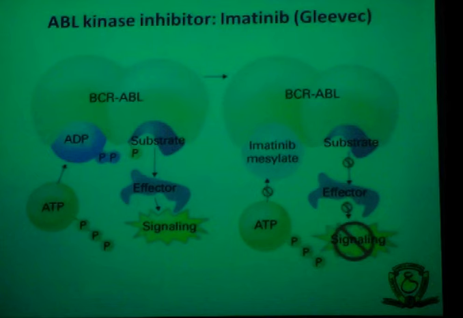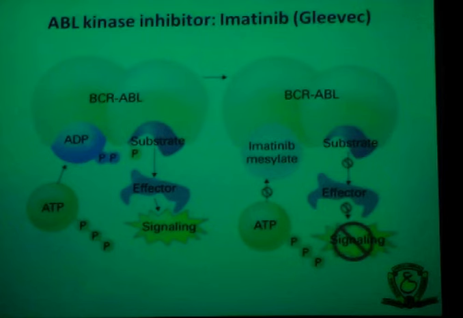At a protein level, normal BCR-ABL is phosphorylated by ATP, and it in turn transfers a phosphate to a substrate molecule. This forms the basis to target BCR-ABL protein. You have a chemical molecule that looks like ATP. So instead of ATP, this chemical will go and bind the active site of the enzyme. Here the chemical is called imatinib. It is marketed as Gleevec, both in Europe and in USA.